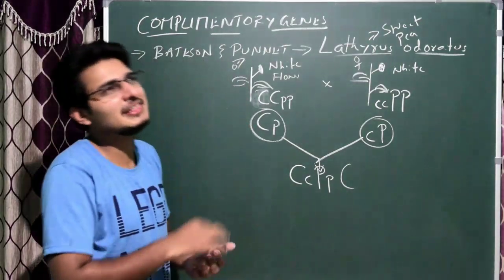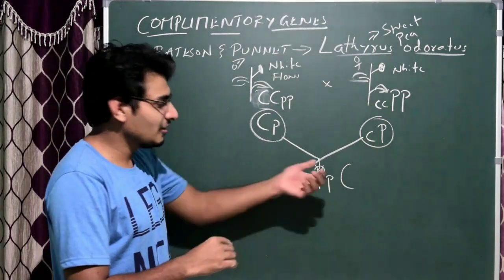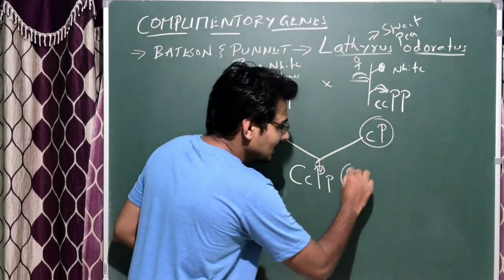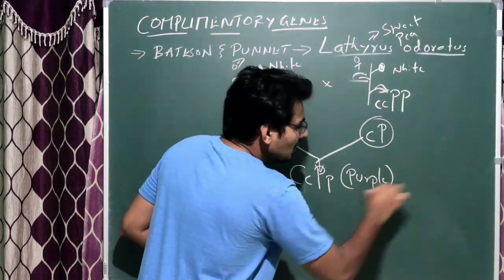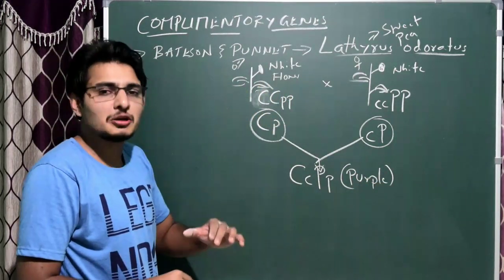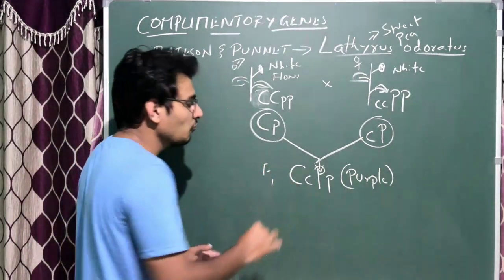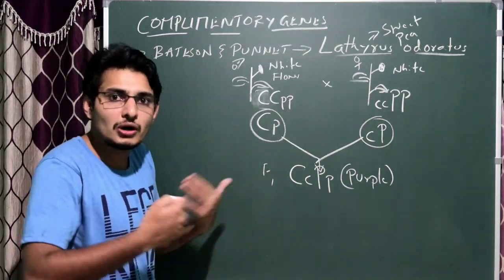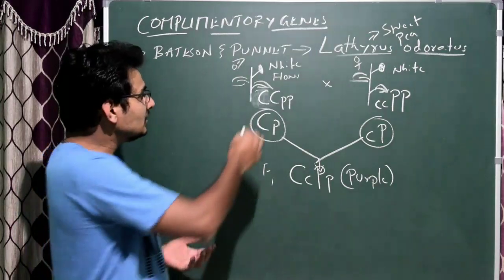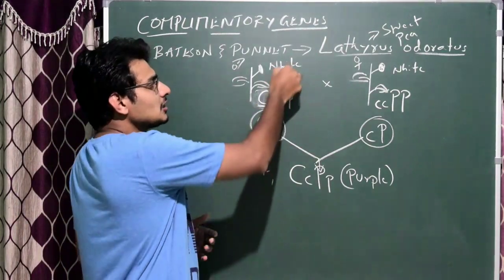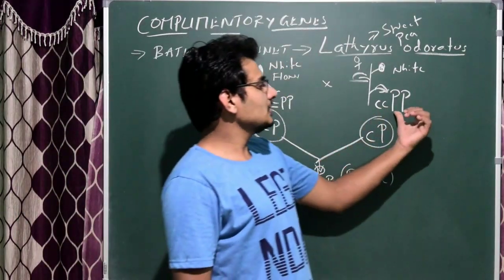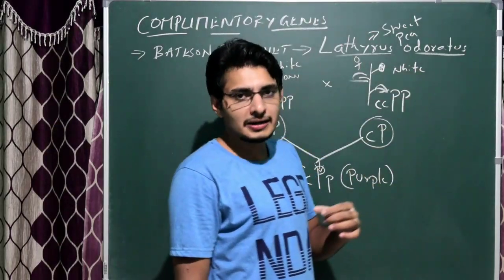You may think about incomplete dominance if I write the phenotype, that is purple color. The flower color actually of that particular plant, the F1 generation plants were purple. That means what is it? What's happening? In this case, you may think that capital C is responsible for white color, or maybe in this case capital P is responsible for white color.